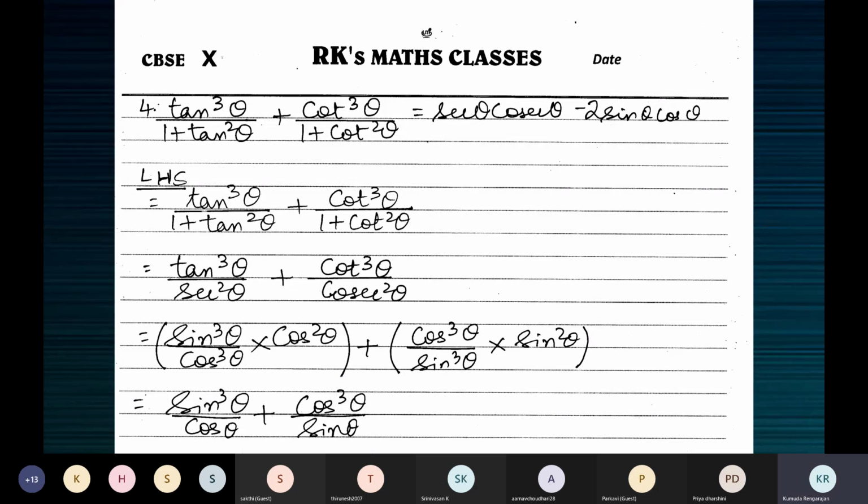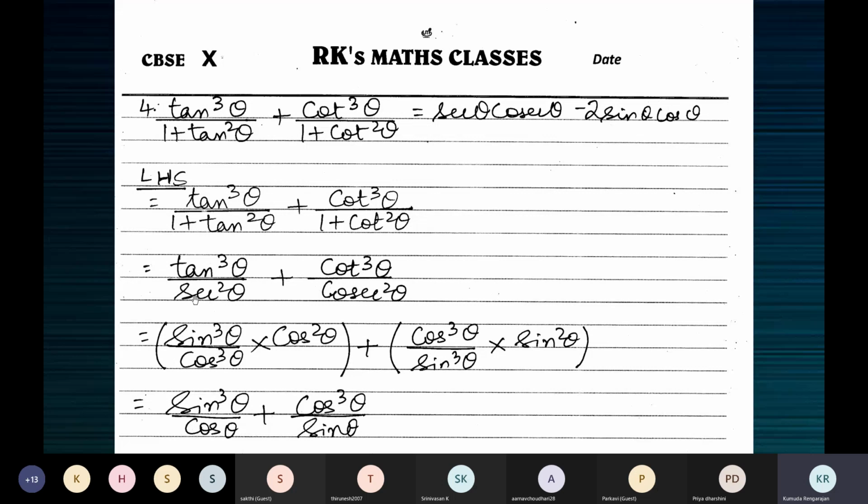Like tan theta is sine theta by cos theta. So what do we do? What is that same action we are doing on both the sides? We are squaring or cubing both the sides. So like that, you can interpret the original identity. You must be doing the same action on both the sides. Tan theta is equal to sine theta by cos theta. Now we are cubing it on both the sides, the same action on both the sides. So tan cube theta is equal to sine cube theta by cos cube theta. That's how we write tan cube theta as sine cube theta by cos cube theta.